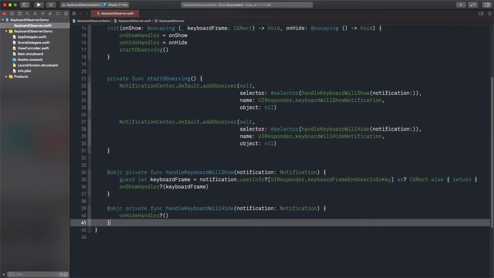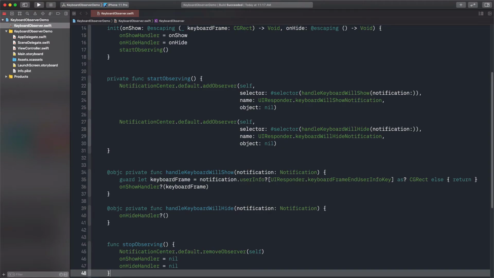Finally, there is one last thing left to be done in this class. That is to remove self as an observer from the notification center. We will do that in a new method, and on top of that we will also be setting both closures to nil. That is in order to prevent any strong references from remaining alive, even if no weak self or unowned self capture value has been provided to the capture list of each closure upon using them. Here it is.